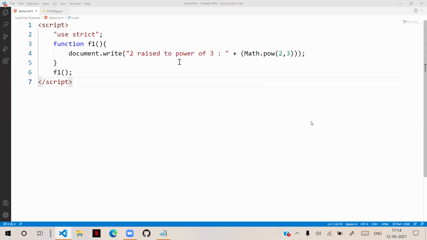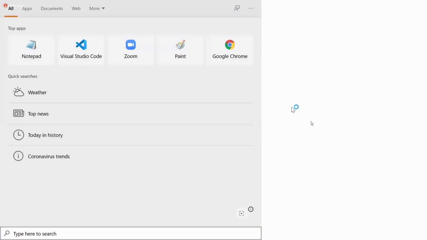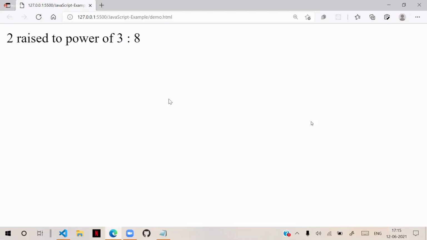The point is that this is the old technique of writing the power and exponent, finding it and displaying it. Okay. Now it is displaying that here. So that is 8.